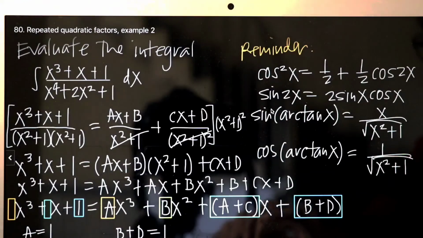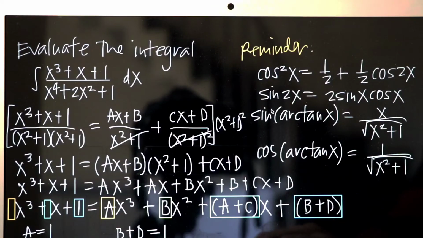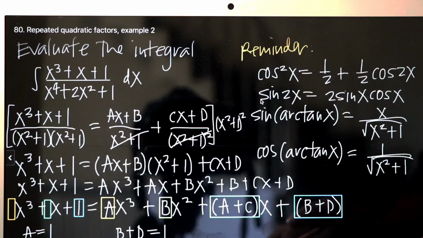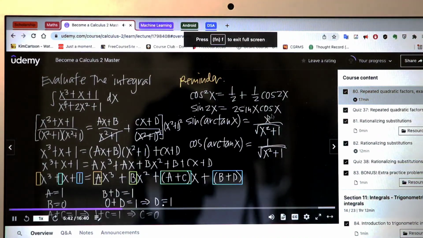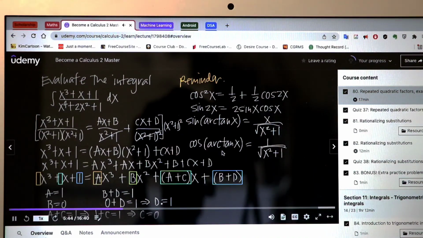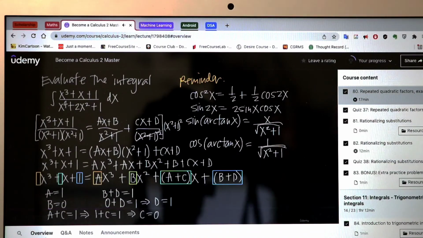Instead of b plus d, we're going to get 0 plus d is equal to 1. Of course, that's just d equals 1, so now we have all four values for the constants. What we want to do then is plug that back into our partial fractions decomposition. This value right here, the sum of